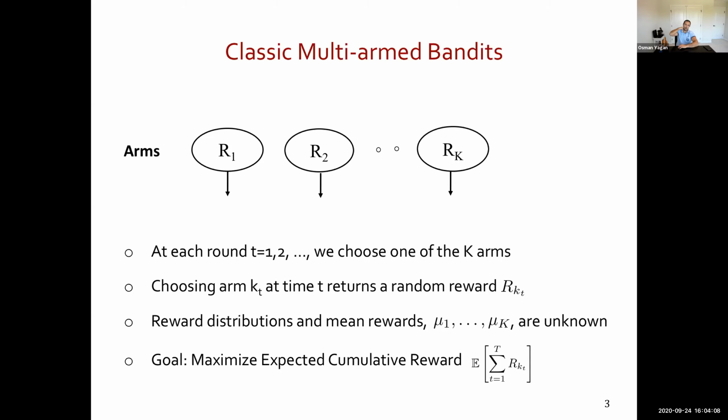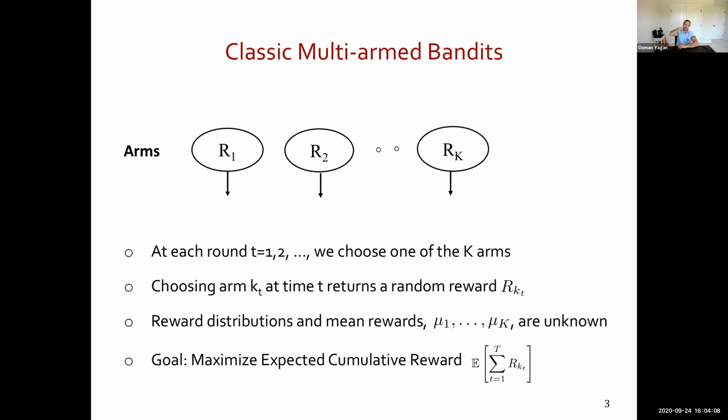Similarly, if I choose arm 2, I'm going to receive a random reward following this distribution, and so on and so forth. And before we start this game, there is no prior information about the reward distributions. And of course, if you don't know the distributions, the mean rewards of the arms are unknown to you. And the particular goal in this setup that we are considering is the maximization of the expected cumulative reward. So let's say we are told that we will play this game for T rounds. The goal is to come up with a mechanism to leave these T rounds with as much reward as possible.